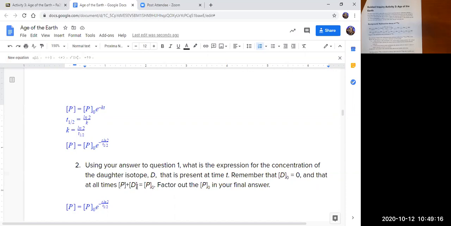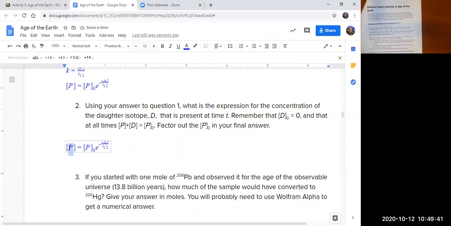So the idea of this is that you have a parent isotope, each atom that decays turns into the daughter. So if this goes down by some number x, this goes up by that number x, and so the sum of the two has to be how much you started with. All right, given that, let's take this expression,